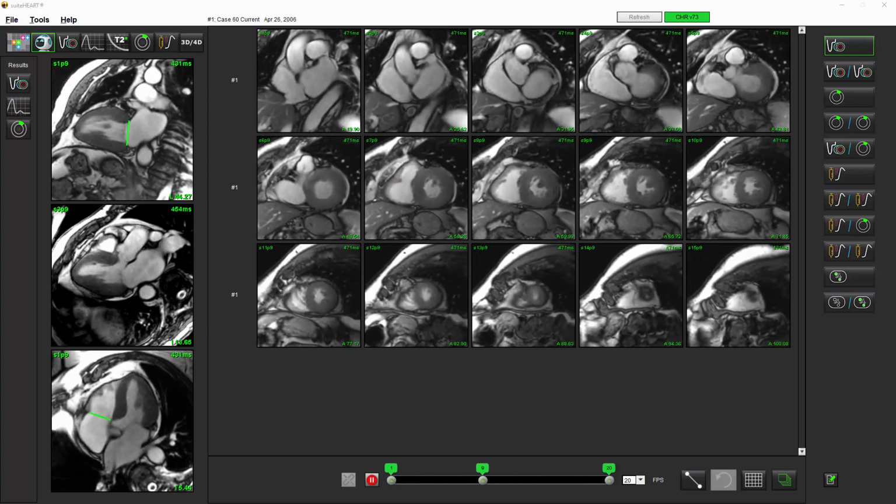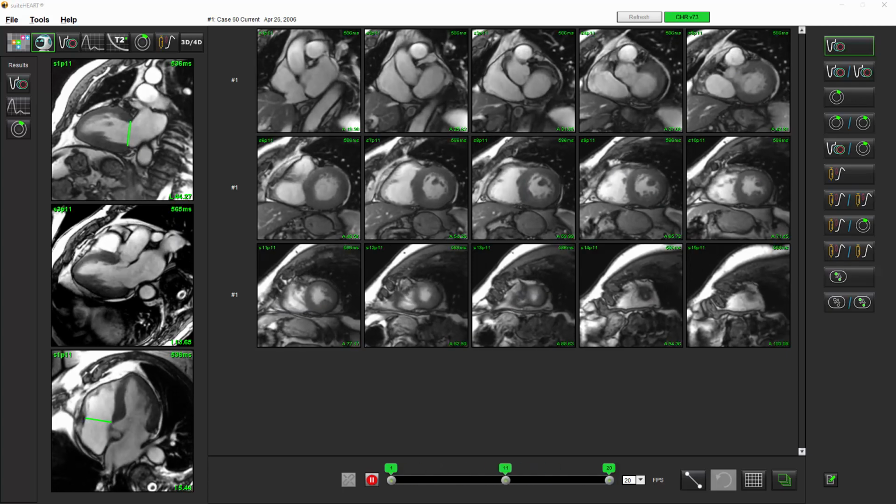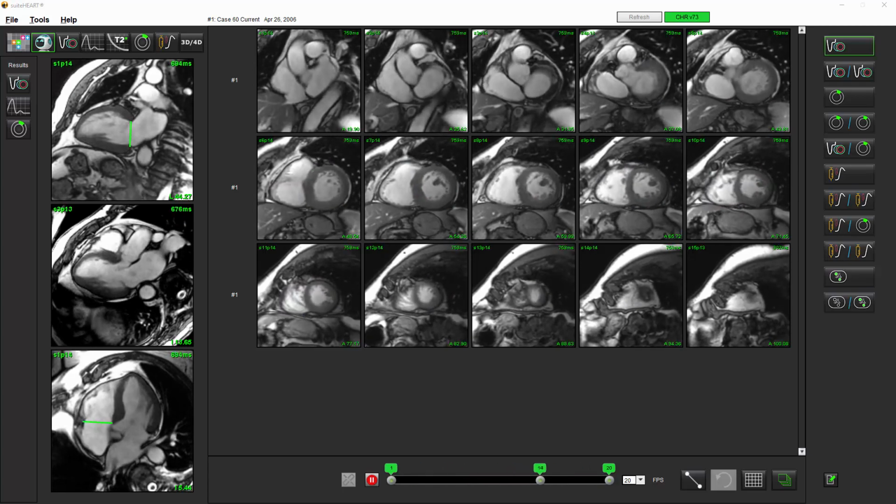So what I'd like to show you is one of my favorite cases. This is the latest version of suiteHEART 5.0, which has the new Virtual Fellow feature. You can see here the software has already, as part of pre-processing, analyzed the left and right ventricular contours, and